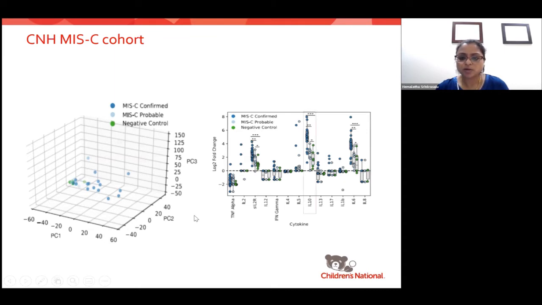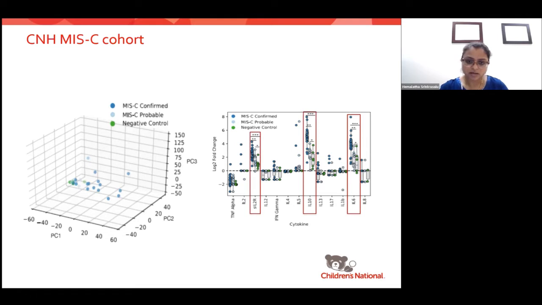We were further able to demonstrate an elevated level of IL-10, IL-6, and also soluble IL-2 receptor in our cohort. Not shown in the diagram here were subphenotype analyses that did not show a difference in the cytokine expression between patients who had a Kawasaki phenotype versus those who did not.